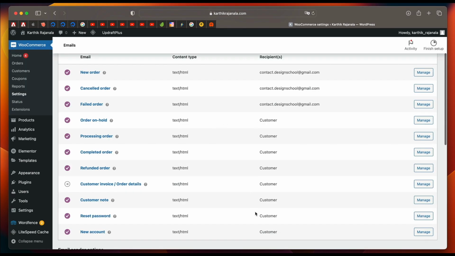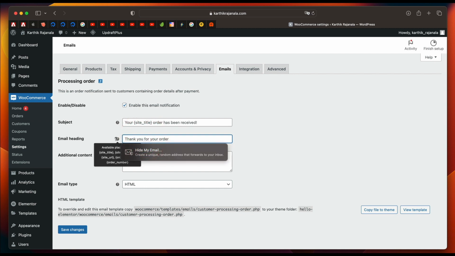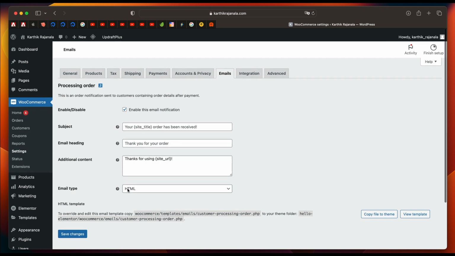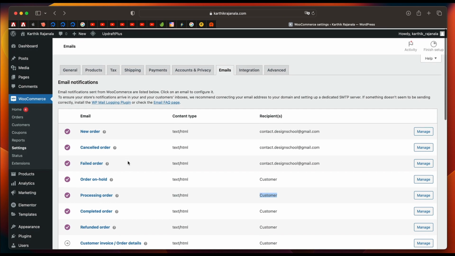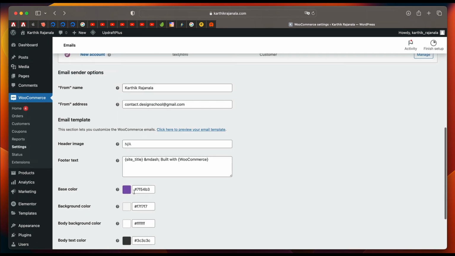You can customize every other email, and you can see when an order is placed on hold, the email is sent to customer. When the order is processing, the email is sent to customer again. You can click here and customize various kinds of orders. So you can hover over this to get different kinds of dynamic data that you can pull in. So you can do it for each of the emails. And once you're done customizing all of the emails, you can click on save changes. And also you can click on